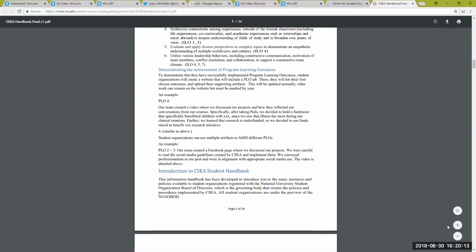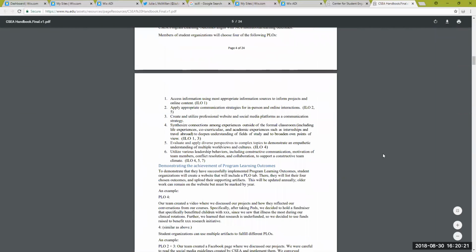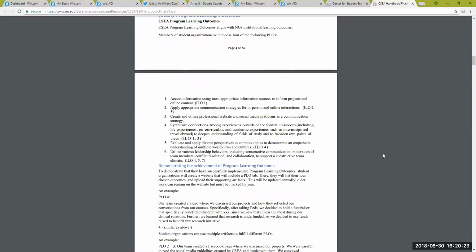And then you're going to demonstrate those. Now this, if you are an instructor already, somebody who's in admin, this might be really intuitive for you. If this is new to you, could be a little daunting. So don't hesitate to reach out to clubs at NU or to your staff advisor, and we can help you figure this out. A lot of it is really intuitive, and these are naturally learning outcomes that are going to